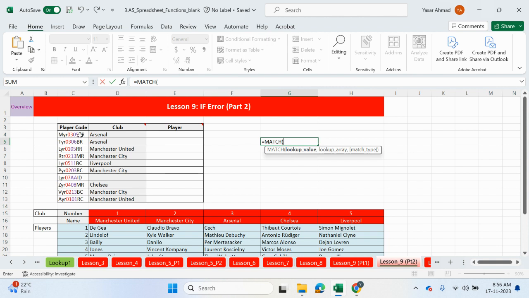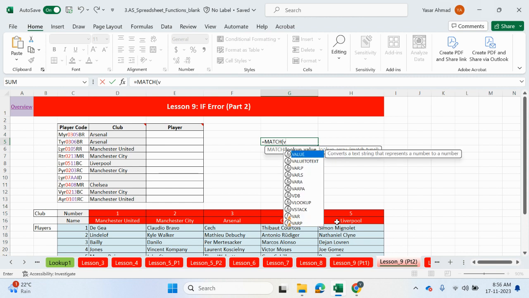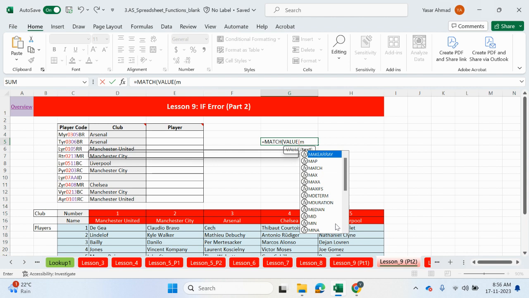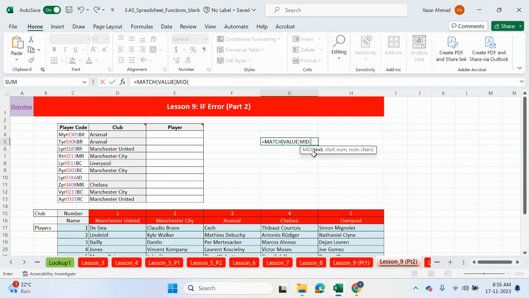And the lookup value is going to come from here. So we want to match these red numbers again with this table. So VALUE, MID, this text. It's going to be 4 and 2 again, so the fourth value and 2 values long. Close the bracket, close the bracket. The lookup array is just going to be one row. We can lock this,